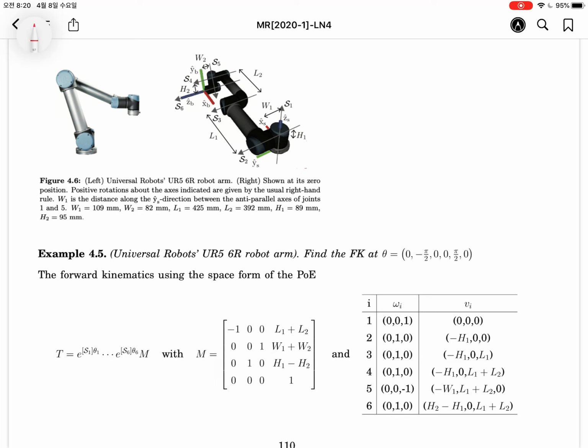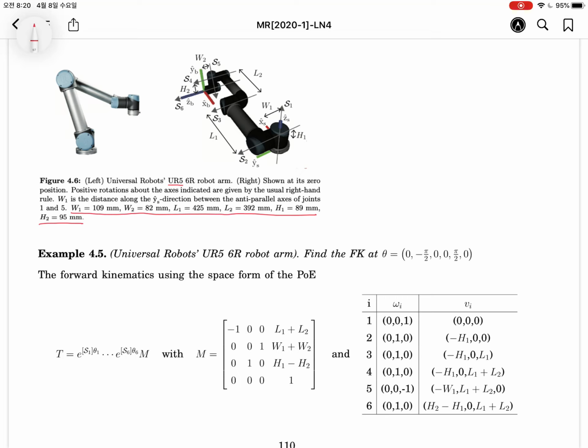Okay, this is a more practical example. This UR5 is a very famous robot system in the world. Let's consider the forward kinematics of the UR5. Every joint is revolute, and there is kinematic data, with W1 here being about 10 centimeters. So like this we can get the kinematic data